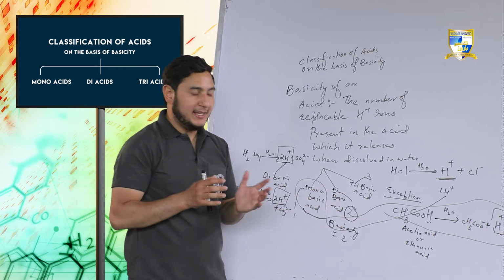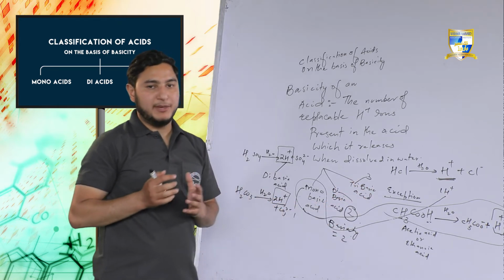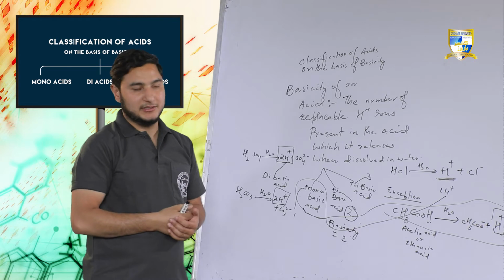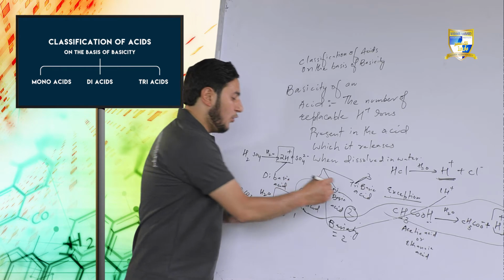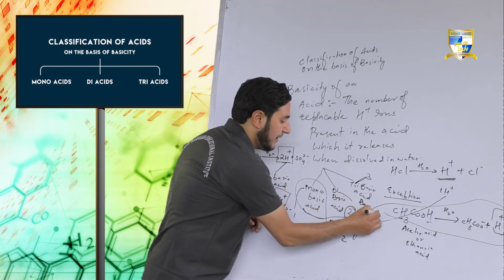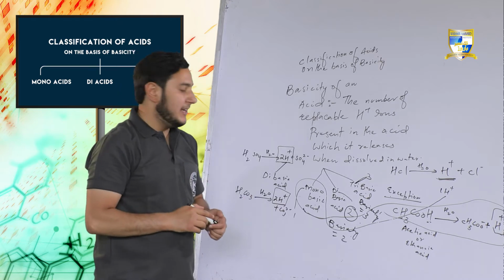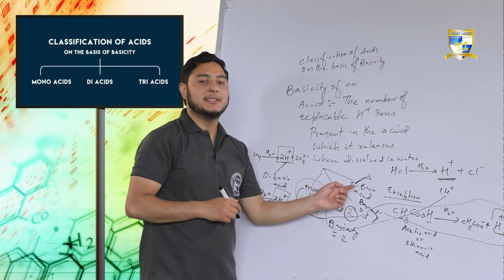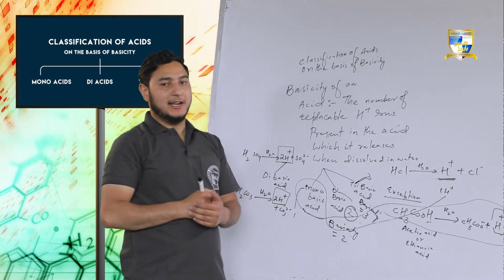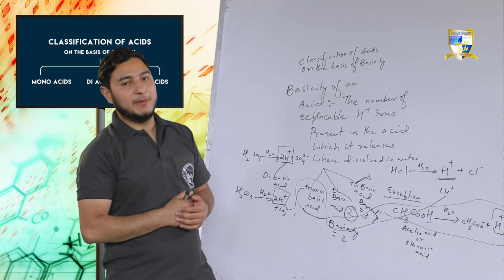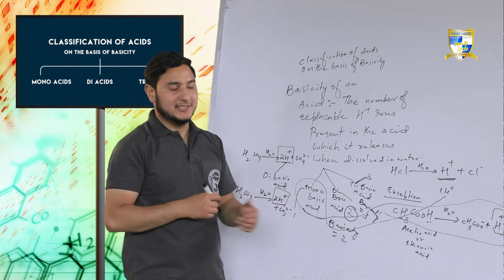Fine. The third one is the tribasic acid. What do we mean by tribasic acid? Tri simply means 3, that is, those acids whose basicity is 3. The number of H+ ions released by that particular acid will be 3. Those acids will be called tribasic acids. That is, if 3 H+ ions are released by the acid, it is called a tribasic acid. And the example is